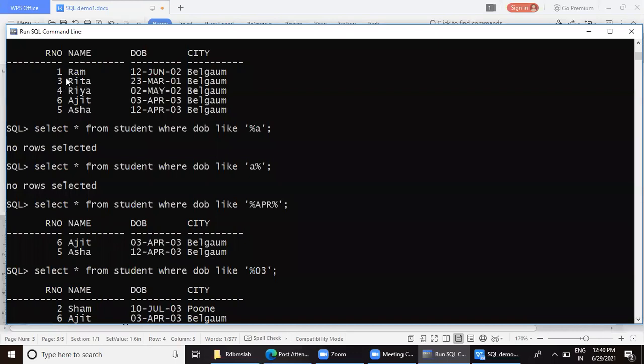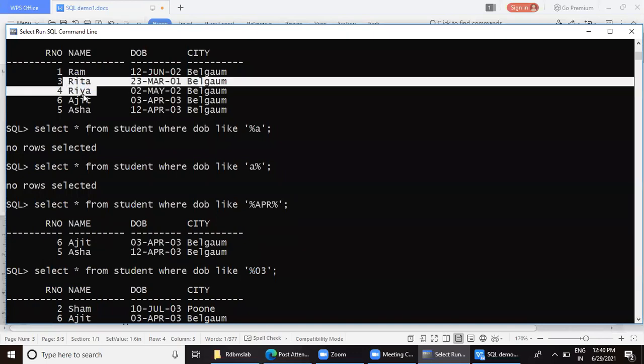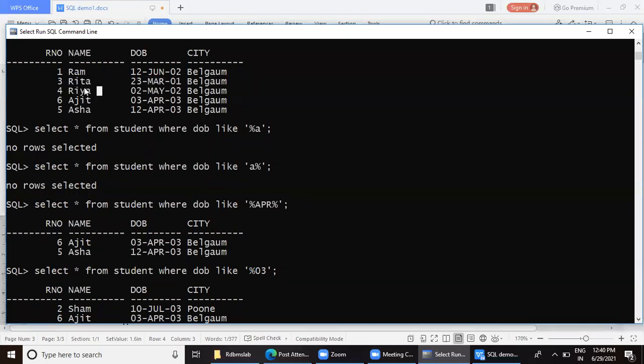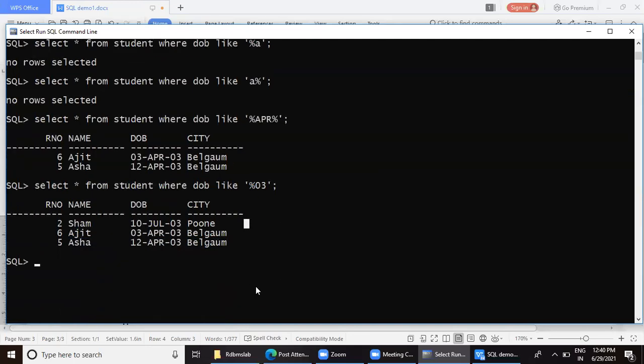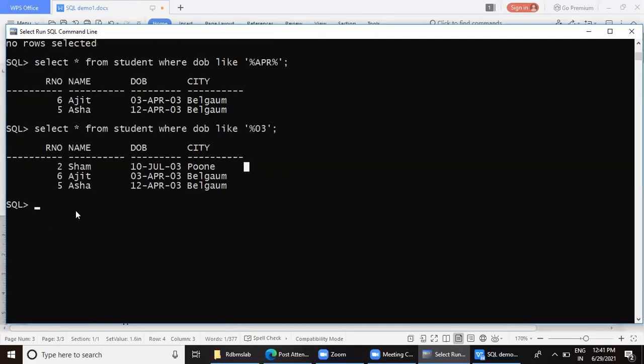Okay, Rita and Ria: the first, second and fourth characters are the same, and only the middle, third character is different. So if I want to display that, only a single character should be anything.